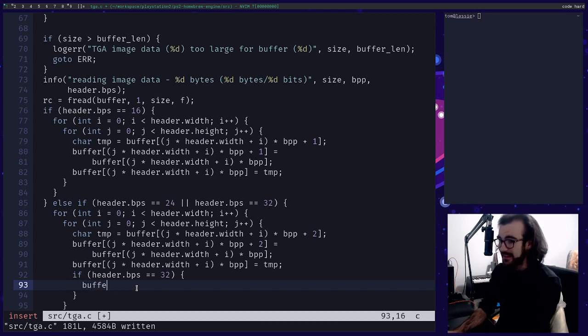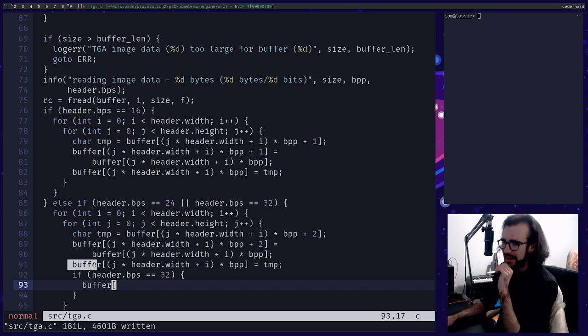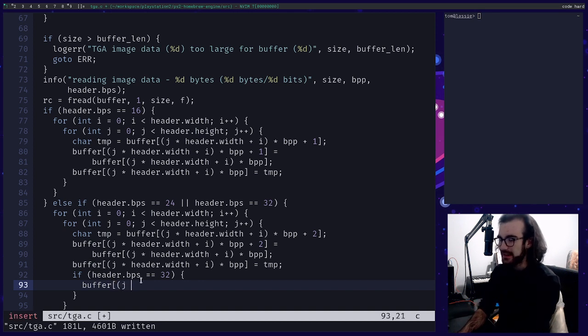We're going to take the buffer here, which is just a raw dump of pixel data from the TGA, right? So we're getting the pixel at i times j, like i pixels across by j pixels down, multiplied by the bits per pixel to get to the right offset.